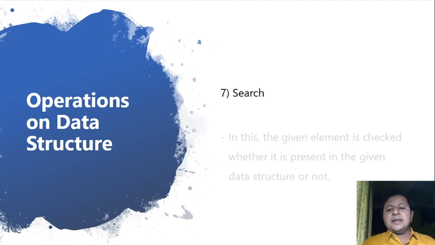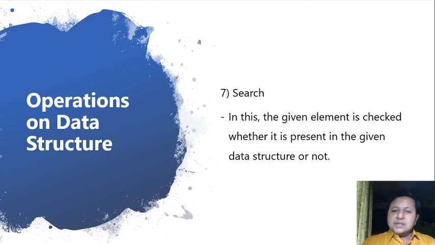Now after sort, the next basic operation is search. This is the basic operation we need in most systems. See, when we say we are querying a system, if I have data in my system and I want to check whether the given element is there or not, it is search. So as the definition suggests, the given element is checked whether it is present in the given data structure or not. So whether the given element is present or not is nothing but searching. Again, the basic search that all of us might be aware of is linear search. But along with that, there are other types of searching as well, which we would be studying in the course.